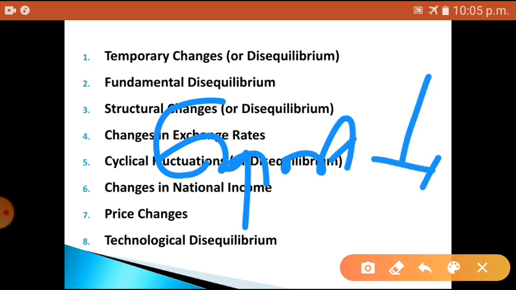If there is inflation in the country, automatically the price of products and services will be high as compared to others, as a result of which exports fall, whereas at the same time the demand for imports will increase. Thus, the increase in export prices leads to a decline in exports and a rise in imports, resulting in an adverse balance of payments. So if the price is high, exports will fall and people will demand more imports.